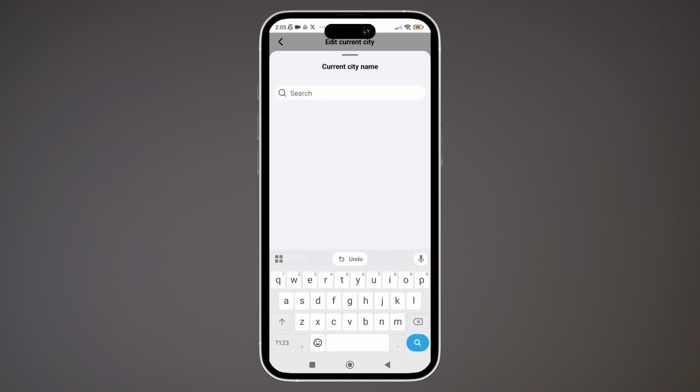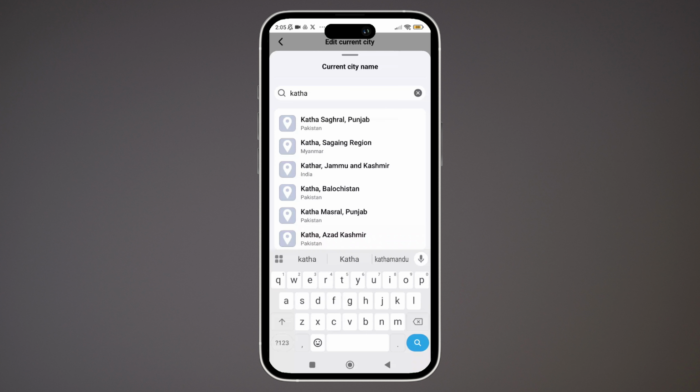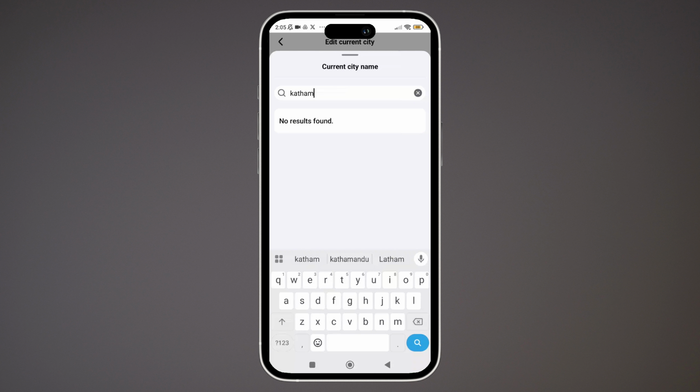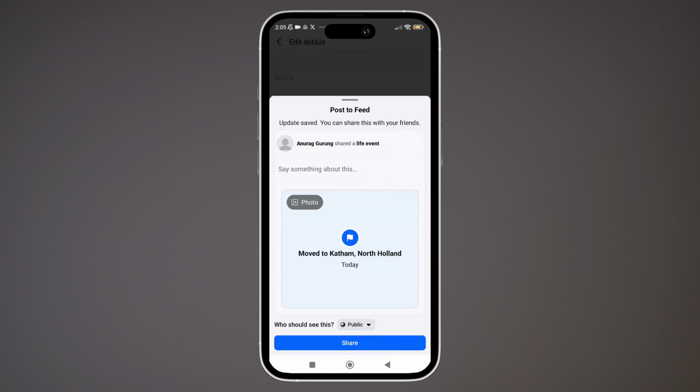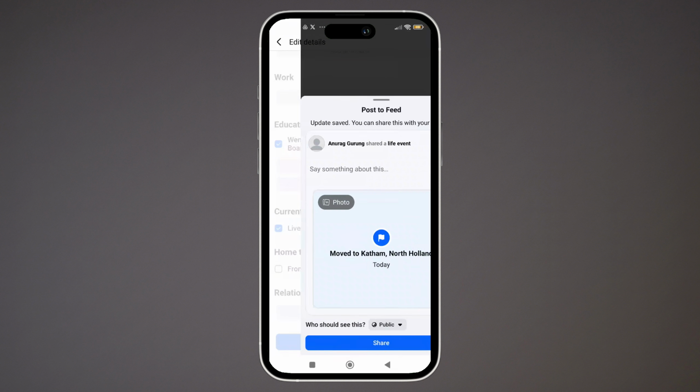And now here from the pop-up menu, you simply have to type the name of your city, and there you will see a matching result appearing on the result page down below. So here you just have to select the city that you want to add, and here when you're done you just need to tap on the save at the bottom, and after that you just have to tap on share,